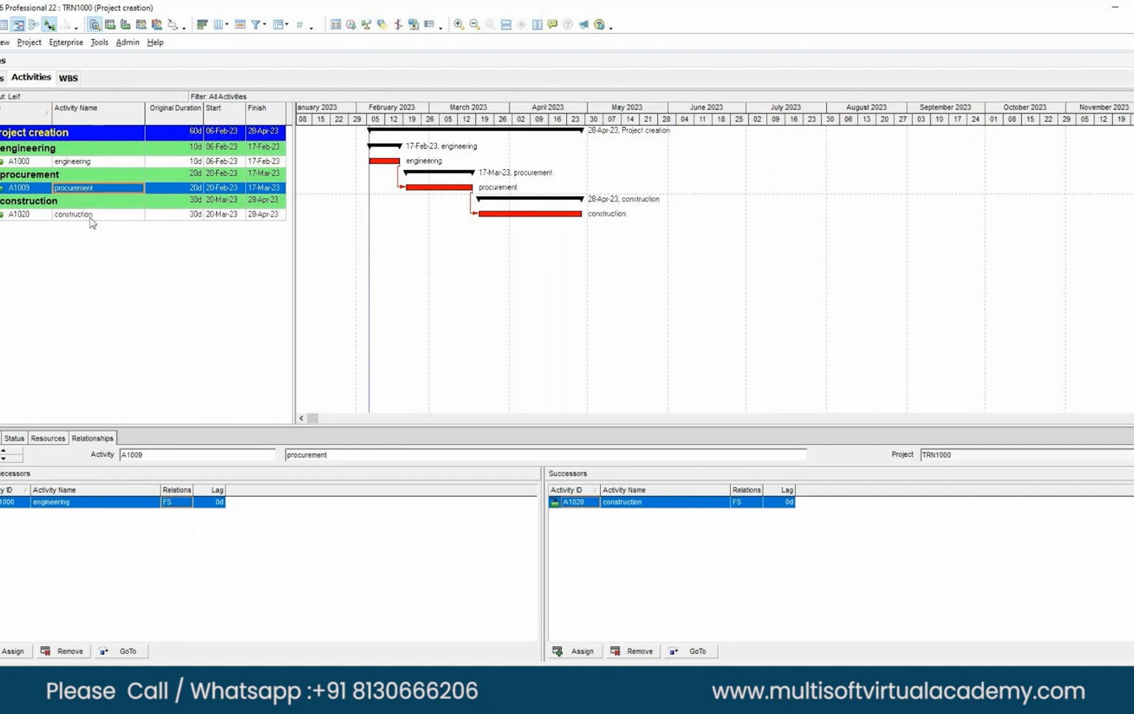You are on the procurement activity. Engineering is your predecessor, and construction is your successor. So what should we test? Relationship. Let's play with the relation for procurement. Make it start to start, with some days lag in a real life scenario. Once some engineering work is done, we can start